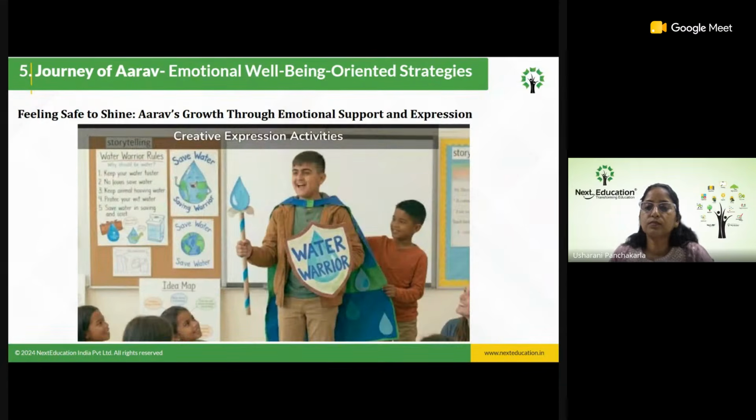The teacher also encouraged students to express themselves creatively through storytelling, role play, poster making, and art activities. Arav participated in a role play where he acted as a water warrior, spreading awareness about saving water. He enjoyed expressing himself through creativity even when speaking felt difficult. These were examples of creative expression activities.